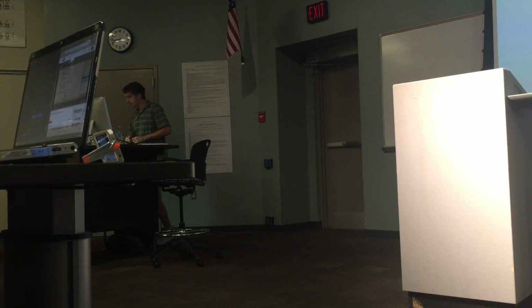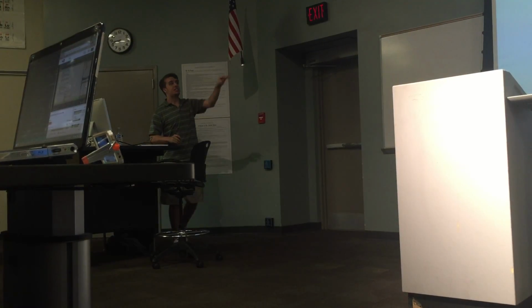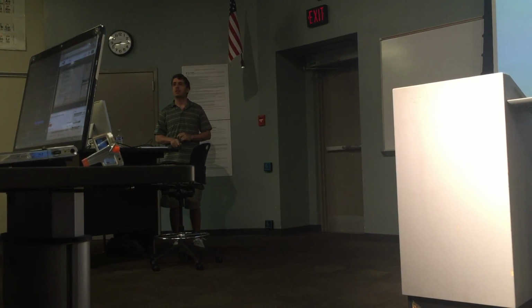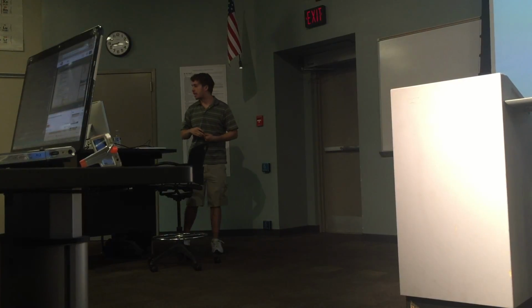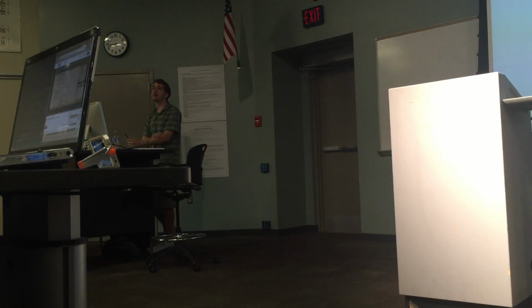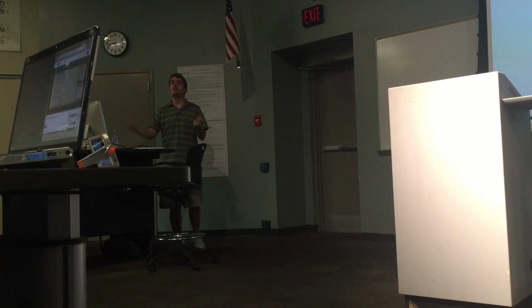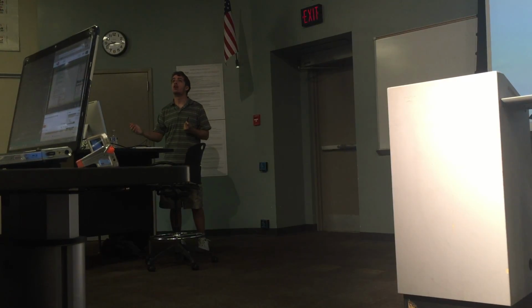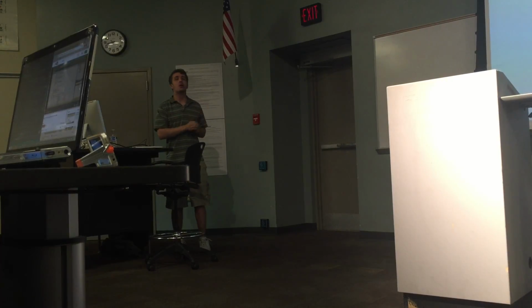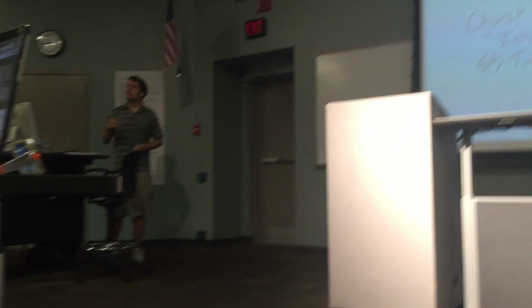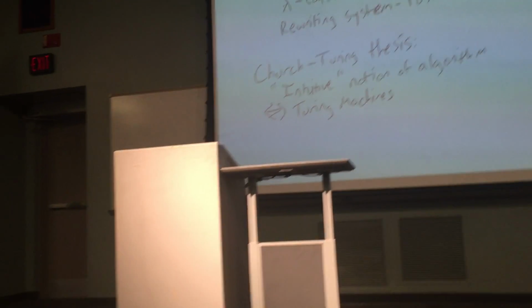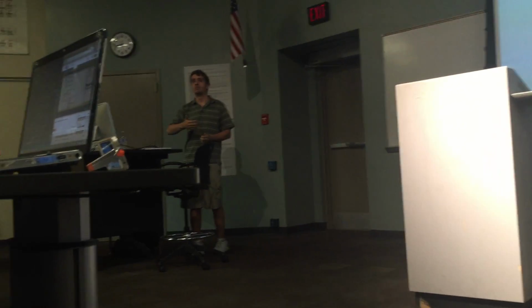So some people say, oh, this is a proof statement. I don't think that this is a proof statement because then I would have to define that word intuitive, which I don't really know how to do. But again, we have some idea as to what an algorithm actually does, and so we can therefore say, if we can make an algorithm on a computer, a Turing machine can do the exact same thing.